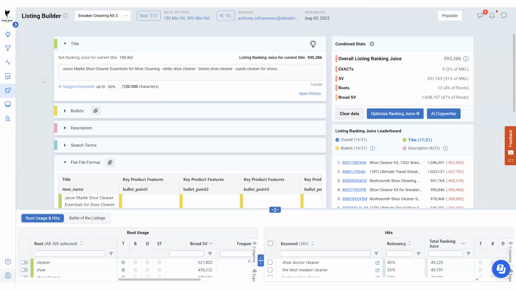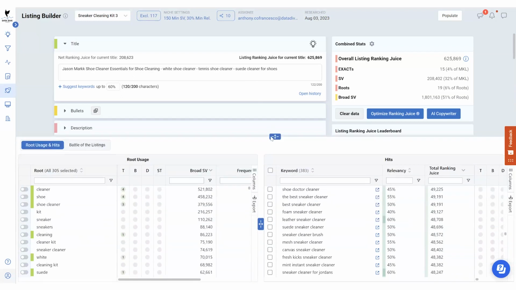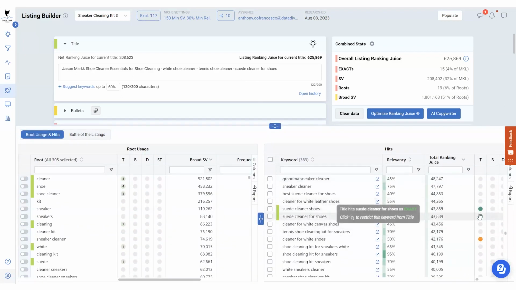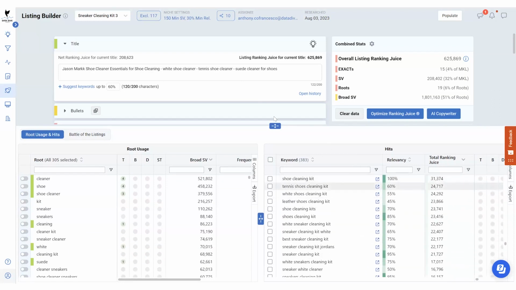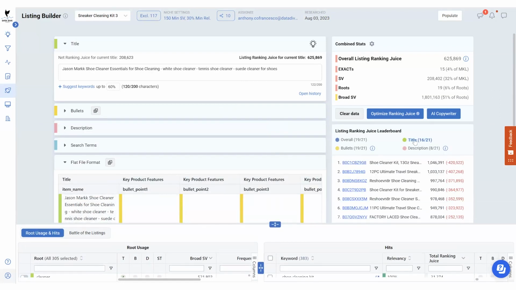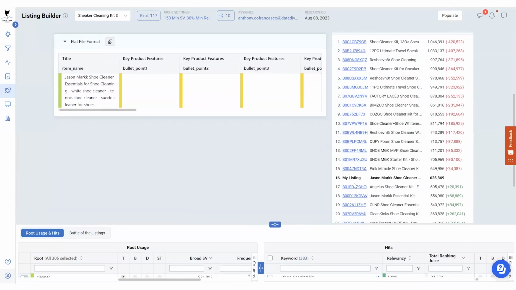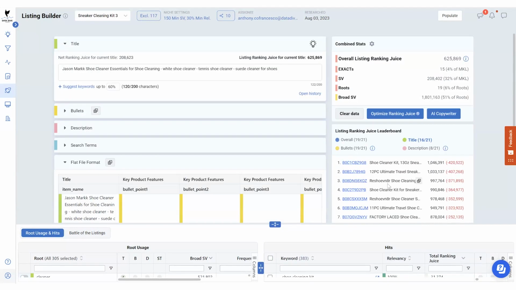Right. And so just with those changes right now, what happened is I saw that there was a gap in my master keyword list. I went over to the listing builder to see if that gap was also in the listing, if there was a gap in the title, and there was. And so now, if you have a gap, how do you fix a gap? You fill the gap, right? And ideally, you're going to write these keywords in exact matches into your title. And you can see just with these changes, now I'm going to get credit for more of these keywords, right? And then also as well, my ranking juice went up. So if I go back over here, now I've moved up from position 19 into position 16.